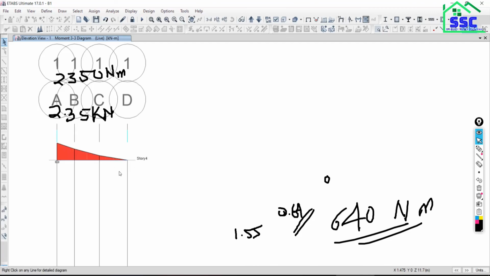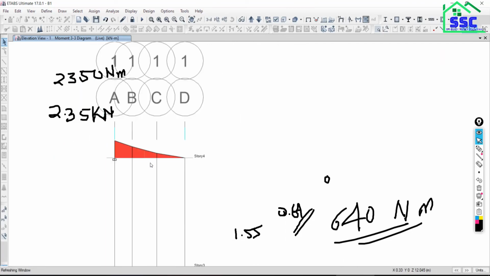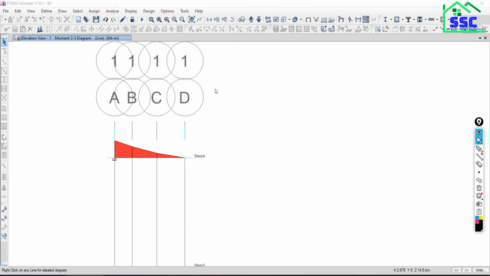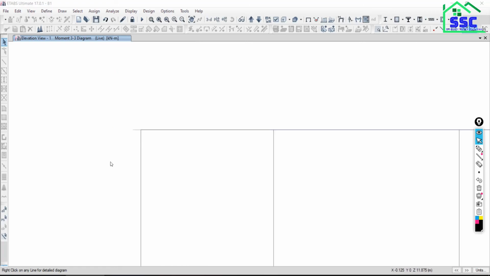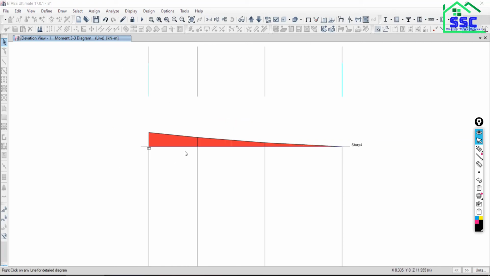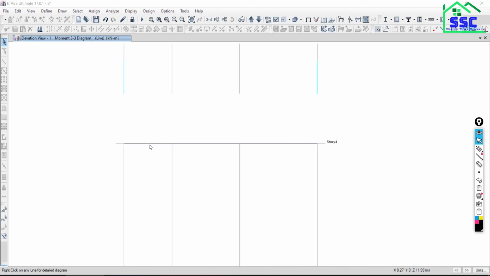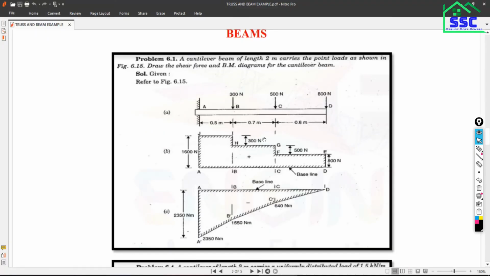So to see the movement, we need to look at the axis 3. You can also model this beam as a single element from start to end. Can you tell me whether it is a part element or a single element?